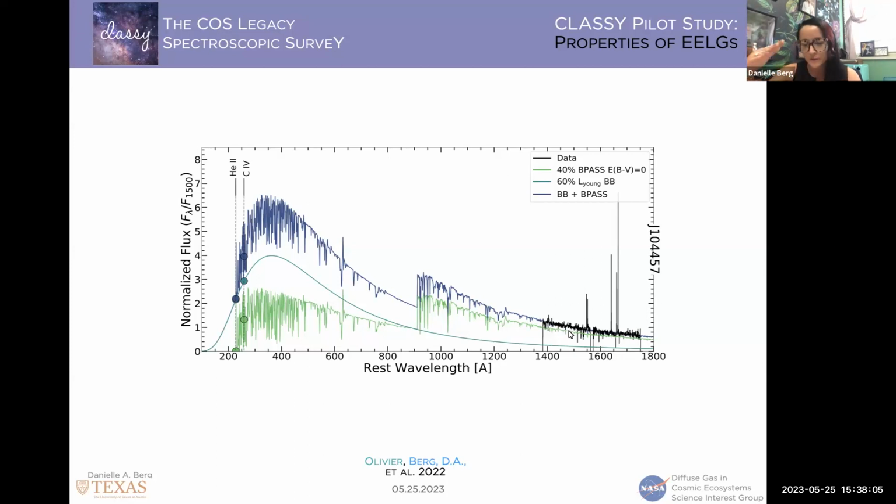And when it was fit to the actual continuum level, but it's now scaled down because it makes up about 40% of that total light. And then she needed to add this very high temperature black body that ends up being 60% of this total ionizing light. You can see that it doesn't make a big difference at the lower wavelengths, but it makes a really big difference at the higher wavelengths, right where we care about these high energies